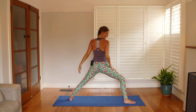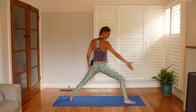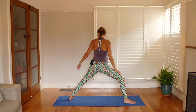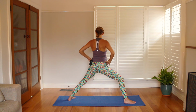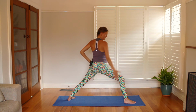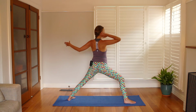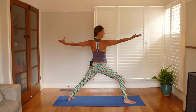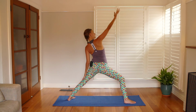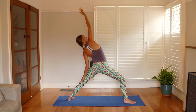Great rule of thumb is have your front thigh parallel to the long edge of your mat. Toes pointing forward. And let your back toes angle as much forward as they need so that you keep this front thigh parallel. And like we did on the first side, you might turn your palms towards the sky, open across the chest. And left hand, left leg, slide your hand towards your ankle, reaching your right arm out past